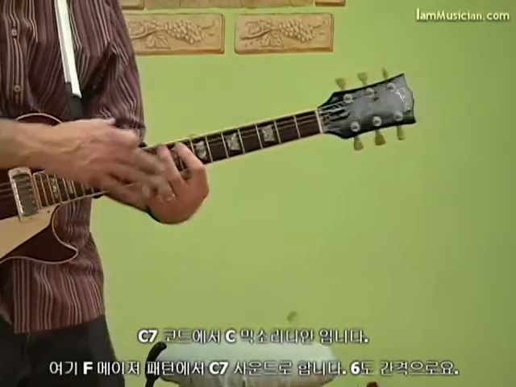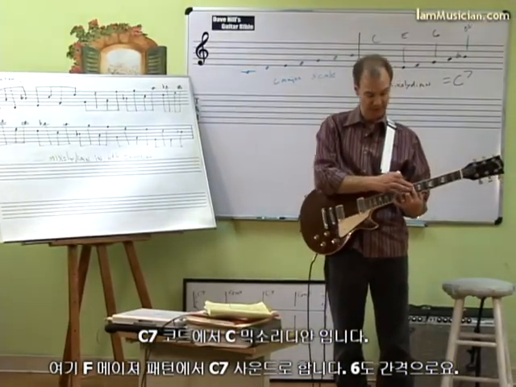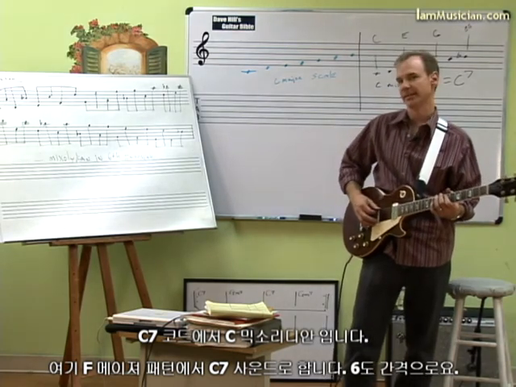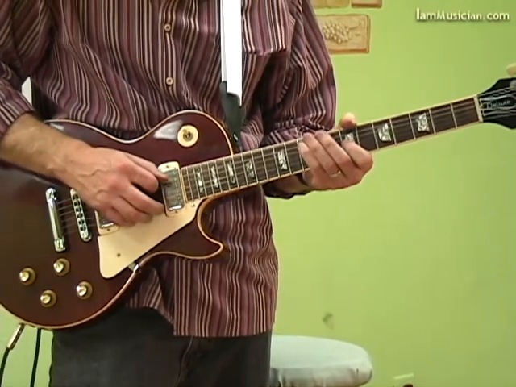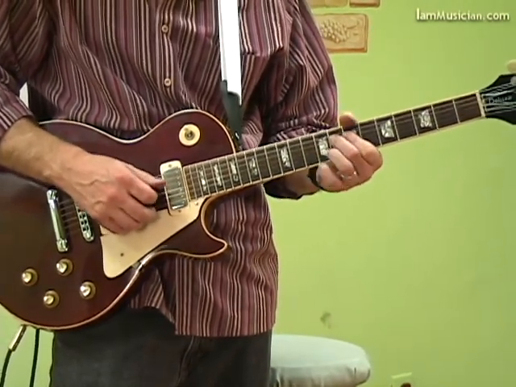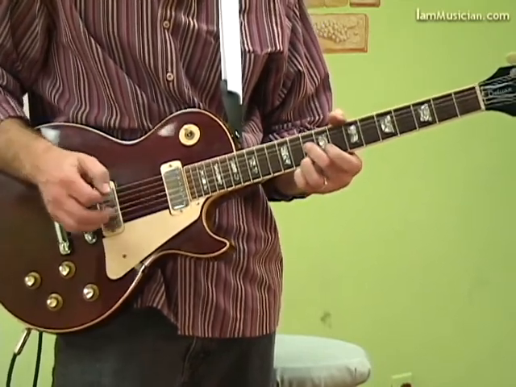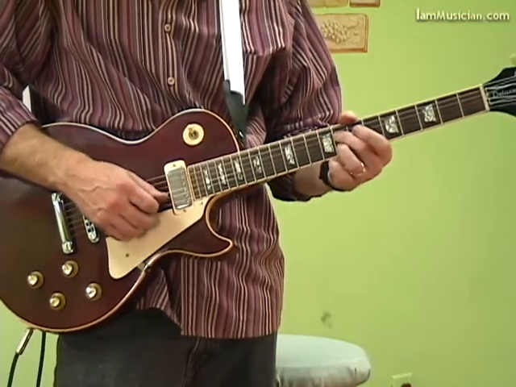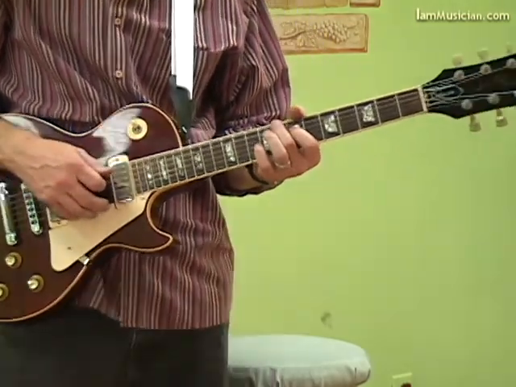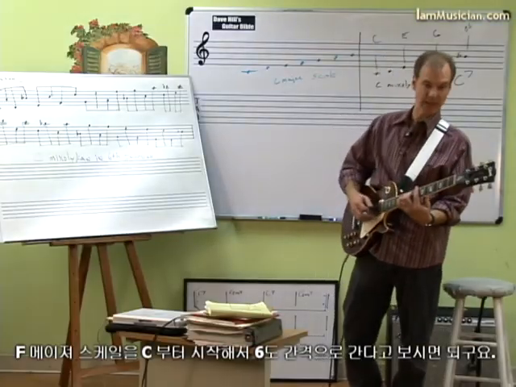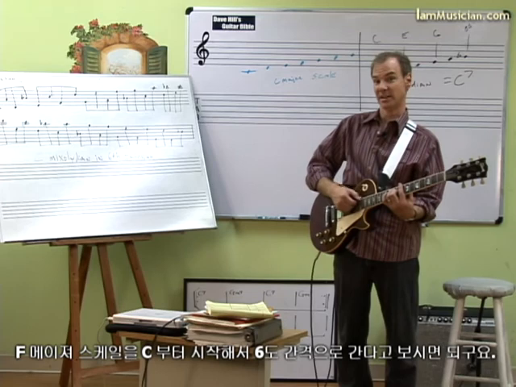So we're going to be playing from this F major pattern right here, thinking of it as a C7 sound, and we're going to play 6 intervals. So check this out. It's going to sound like this. As we keep going back down. Okay, so that's essentially an F major scale starting from C, playing diatonic 6 intervals, but it's going to sound like C Mixolydian when I play a